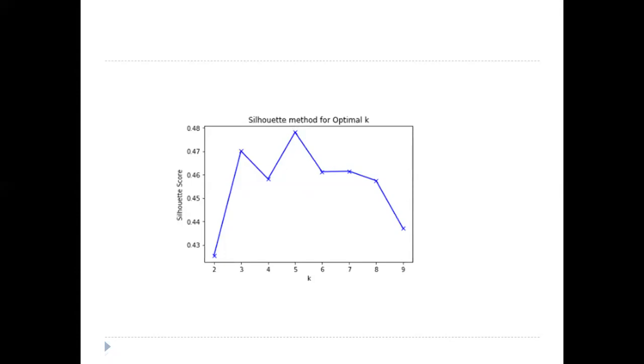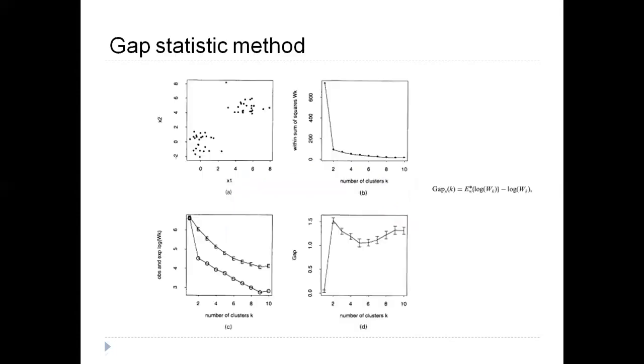So the real difference is that here you will be using the Silhouette score and taking the maximum value for the right number of clusters, whereas in the previous method we took the total within sum of squares, and you take the optimal number of clusters, not the minimum; it's actually the optimal number where the curve bends. Okay, next one is the gap statistic method.